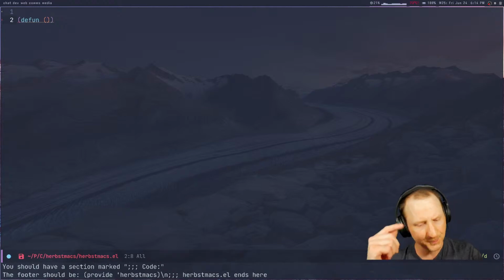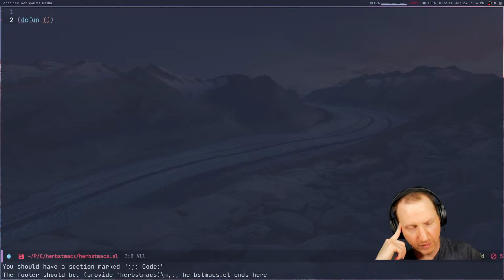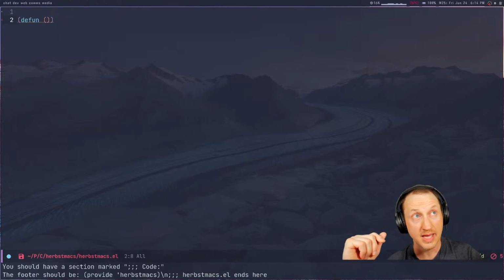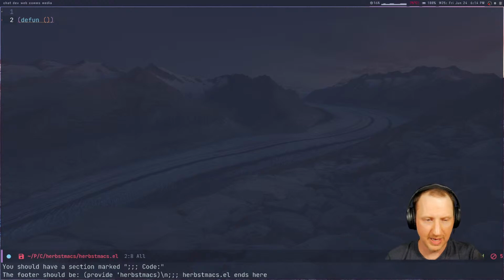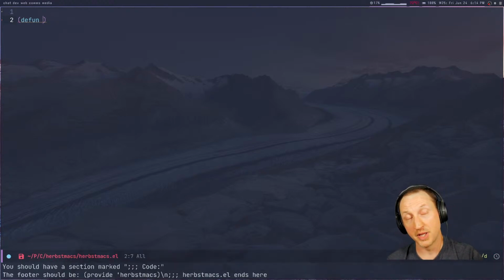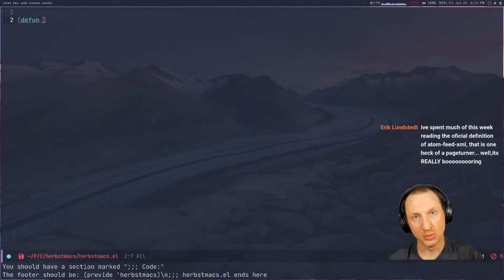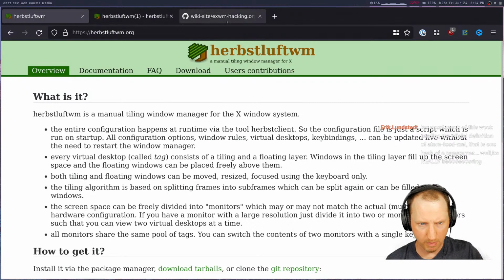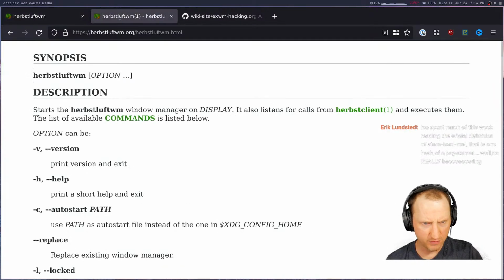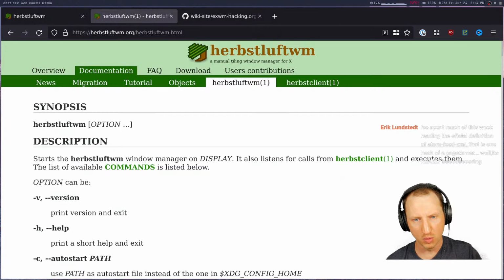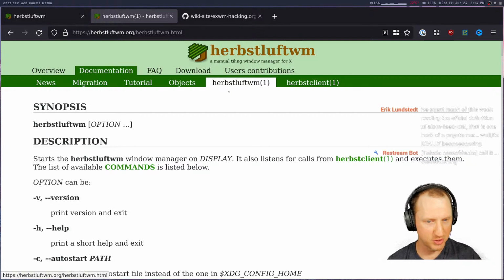Now what I want to do is first of all, we need a function that is capable of, I'm writing Scheme code here apparently, capable of sending a command to the herbstclient so that it executes it in the window manager. And to give you a little bit more background on what that looks like, if you go to the documentation for the Herbstluft window manager and look at basically the man page, or you can go to man,